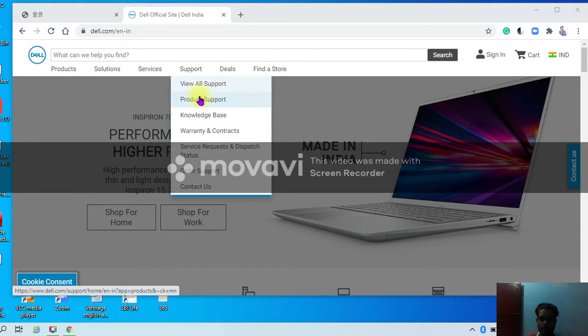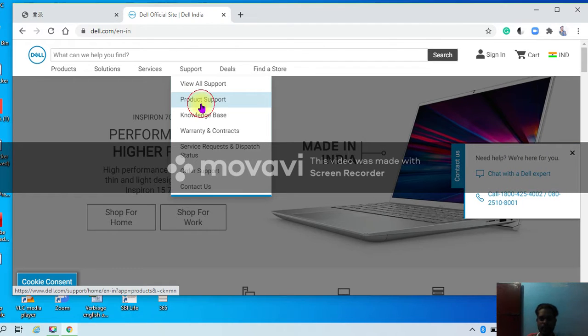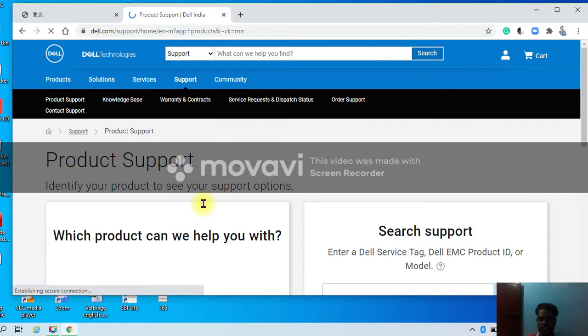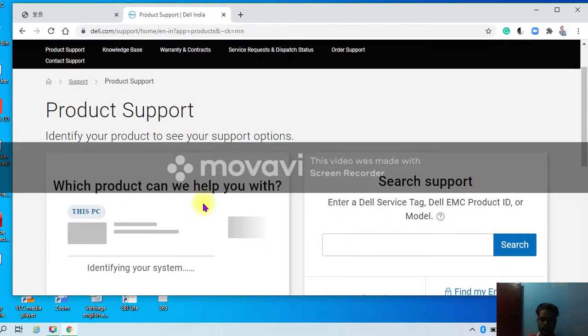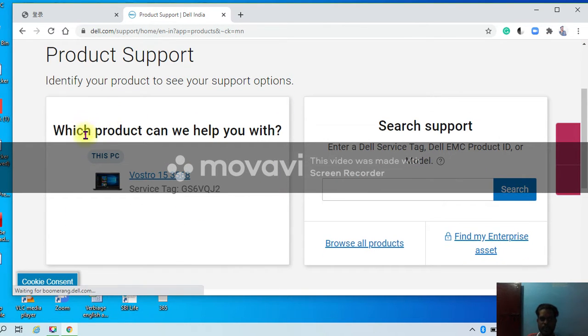So here I'll click on product support. In case of Dell, for viewers who have a Dell laptop, this issue will be easily fixed. Here you can see which product we can help you with.